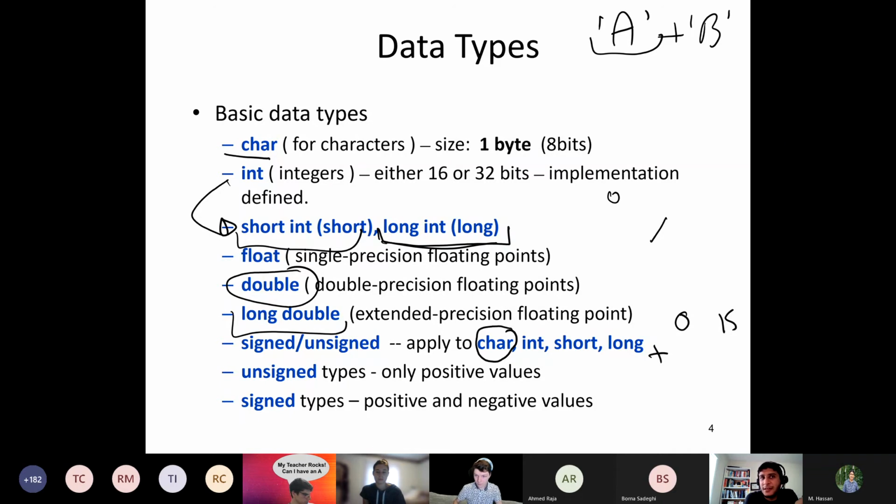If you define your character as signed, which is really the default, everything is signed unless you specify it's unsigned. And that's something that we didn't mention, in fact, that all these types, character, int, short, long, are signed by default. You really don't have to write signed char. If you want it to be unsigned, then you have to write the reserved word unsigned. But going back to your question, the result will depend on whether you interpret the values of the encoding as signed or unsigned. Maybe it's something I can add to the example I have later on for characters and how to deal with them as ints. But that's a good question. I guess there was another hand up.